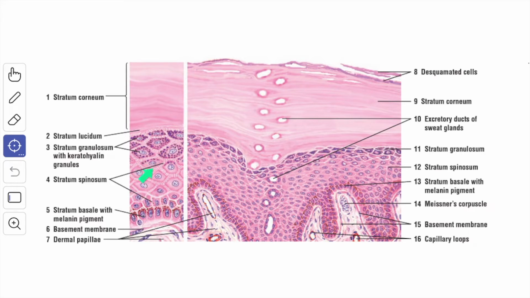The cells of this layer are attached to one another by numerous desmosomes, and during routine preparation of the tissue for sectioning, the cells often retract from each other except at the desmosomes. As a result, the cells appear to have a number of spines. This is the reason for calling this layer the stratum spinosum. For the same reason, the keratinocytes of this layer are also called prickle cells.